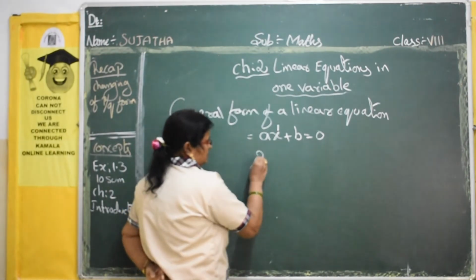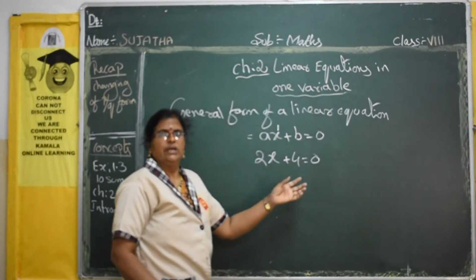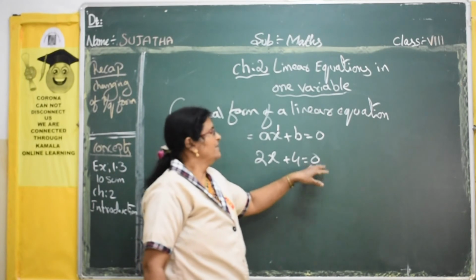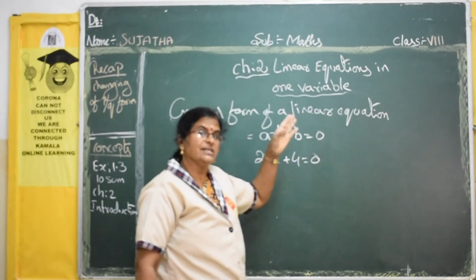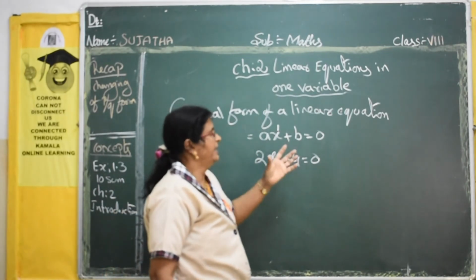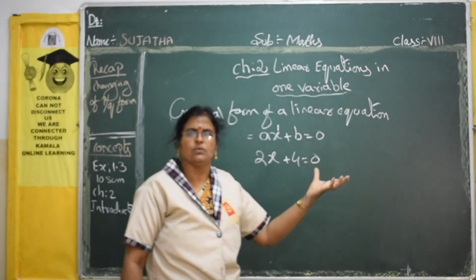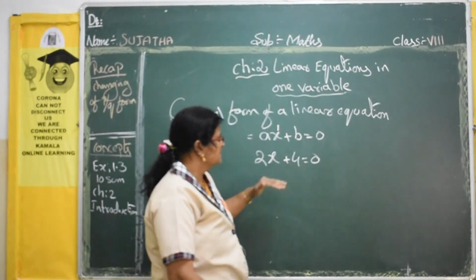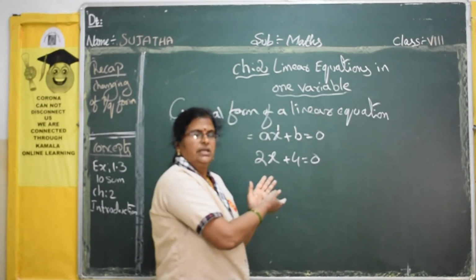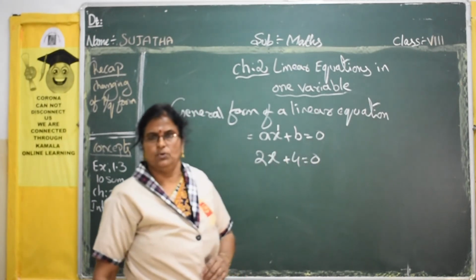Suppose this is 2x plus 4 is equal to 0. It is an equation, that's why we are taking the equal sign. And why are you keeping 0? When you keep the equal sign, the meaning of equal is that both sides' answers will be equal. So here the answer should be 0, which means here also you should get the 0 value only. Equation means compulsorily an equal sign, and the RHS should be 0.